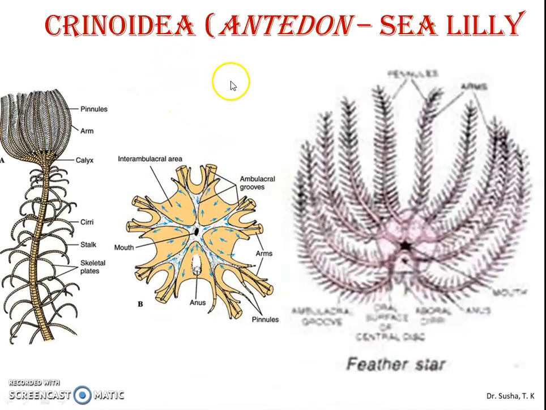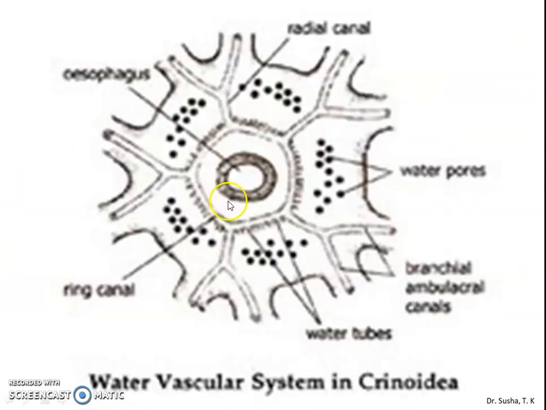Next class is the Crinoidea. Crinoidea include sea lilies. They are sedentary animals. Here the major difference is that the madreporite is absent. The absence of madreporite is compensated by numerous funnel-shaped pores seen on the tegmen. There are 500 to 1500 minute ciliated funnel-shaped pores on the tegmen, and they open into the underlying coelomic spaces. They permit seawater to enter the coelom.